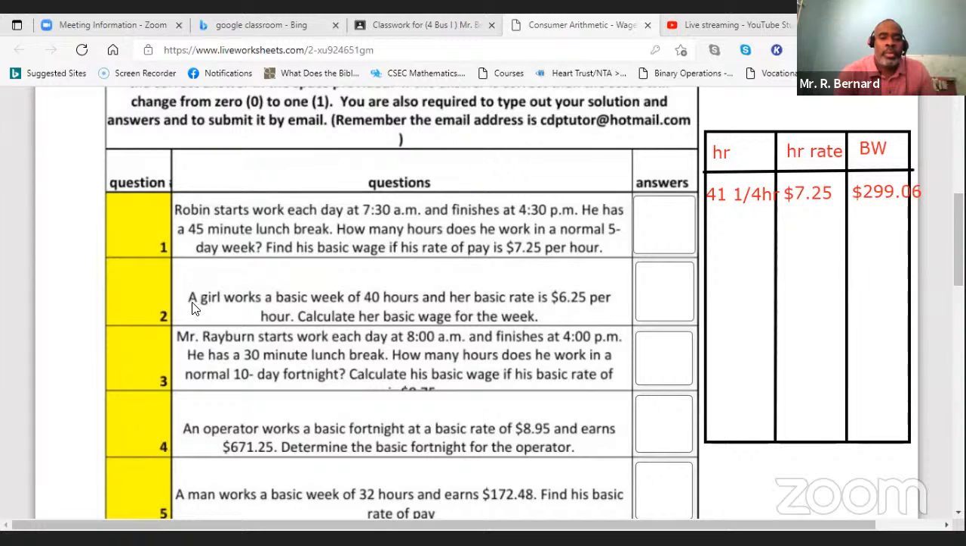And the same thing at number 2. A girl works a basic week of 40 hours. So you have it already. You simply put in the 40 hours right here. This is the only one I'm doing, I'm not doing the others. So you think that I'm going to do the others? That's the 40 hours. The basic rate now, I put in $6 and